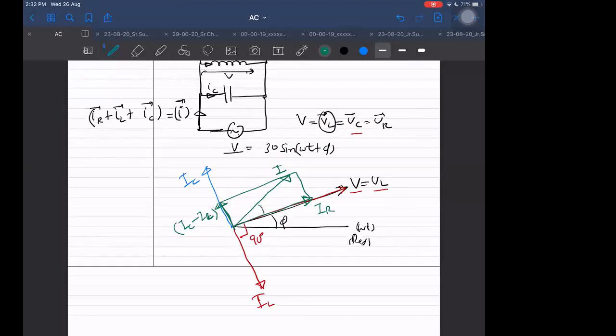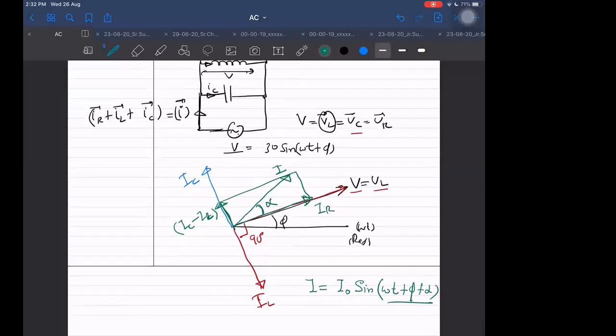Let us say this angle we obtained as alpha. Then what will be the value of I now? If I obtain this as alpha, then I will be getting I as whatever magnitude you got for I. Let us call the magnitude of the peak value of I as I naught. Then I will be writing I as I naught into sine omega t plus phi was already there, but plus alpha is also there now. Plus alpha plus phi. That is how we will be getting.